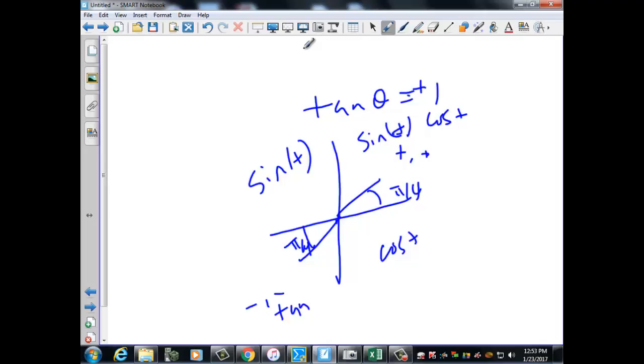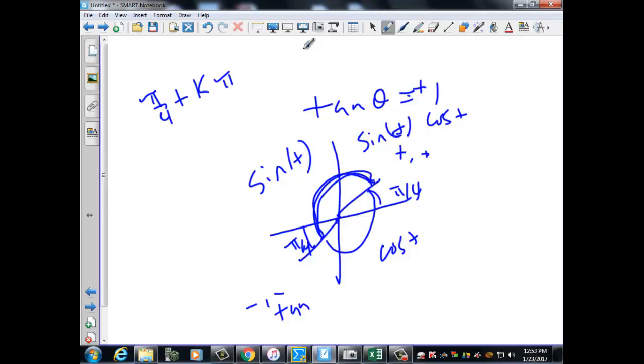Now, with that being said, tangent is equal to positive 1 in quadrant 3 and quadrant 1. So the jump between this one to this one is how far? How far do you got to go to get from here to here? Pi. How far do you got to go to get from here to here? So it's uniform on both sides. Do we agree? So what do I say? The answer is pi over 4,